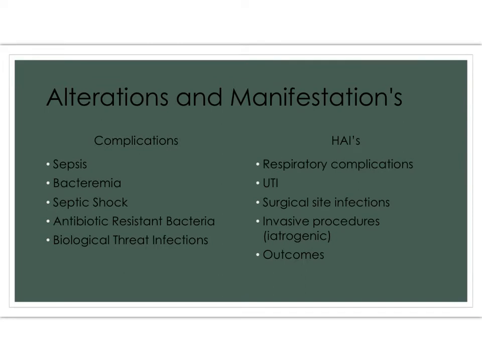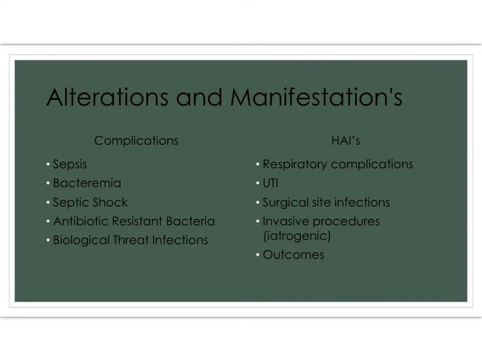When you're looking at the different types of HAIs, for instance, one that your book talks about is what we call ventilator-associated pneumonia. This is why we talked to you guys about trach care. And we said there is a particular way you do trach care. It is one of the things that we still do sterilely. It is so we do not encourage a ventilator-associated pneumonia. But we also have to take good care of someone who is intubated and on a mechanical ventilator and follow the policies and procedures to help